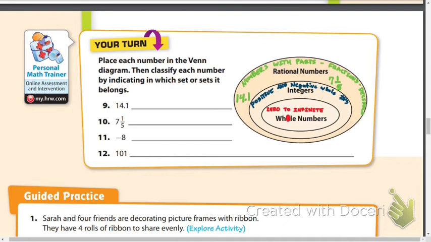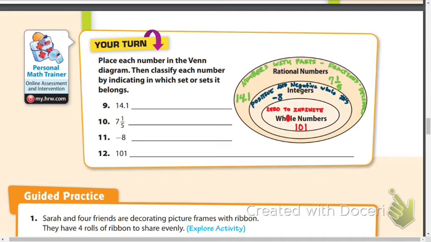Integers. Why is -8 an integer? Because it's a negative whole number. Very good. And the last number we have is 101. Where would that one go? Whole numbers, because it's a number between 0 and infinity. Very good. So now that we classified each of those numbers,